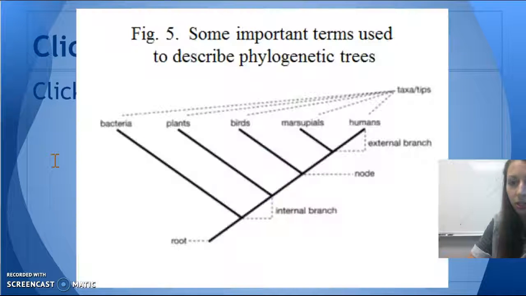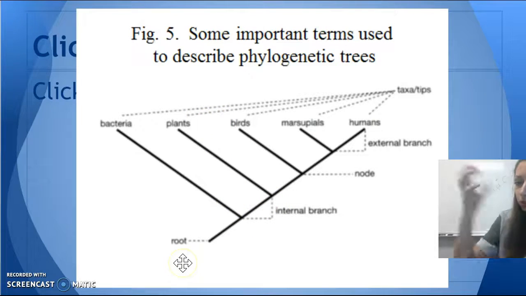you're creating phylogenetic trees. Some important terms that we want to use to describe our phylogenetic trees are the tips, the ends. Generally, these are going to be representing species, but sometimes groups of species. So the taxa are called the tips. These are the ends. An external branch, this is at the end. A node is where we would have a common ancestor, or where we have a different branch off, and then we have internal branches here, and of course our root is going to represent our common ancestor to all of